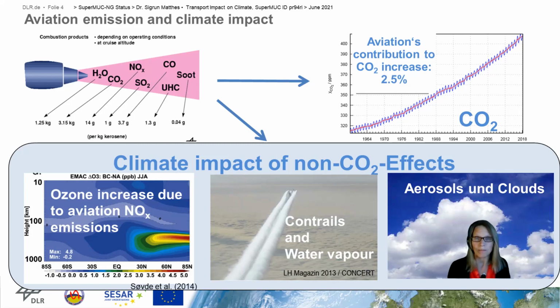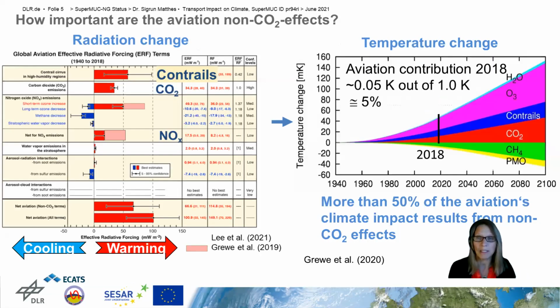So overall, the IPCC, the Intergovernmental Panel on Climate Change, has evaluated the radiative effect of aviation. In the figure on the left, you see that contrails and CO2 contribute to the warming, and each line is an individual effect. When we go further down, we see the nitrogen oxides effects, which are on the one hand side warming, shown by a red bar, but on the other hand side, there are also cooling effects, which are kind of compensating. And there are further effects which have to be considered.